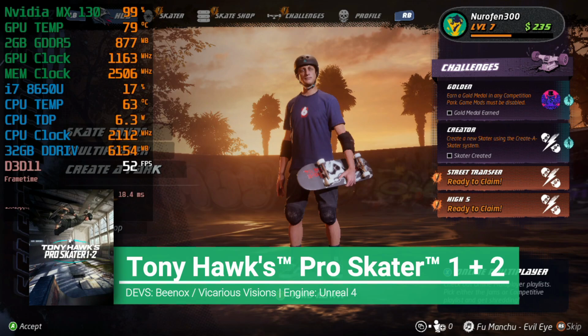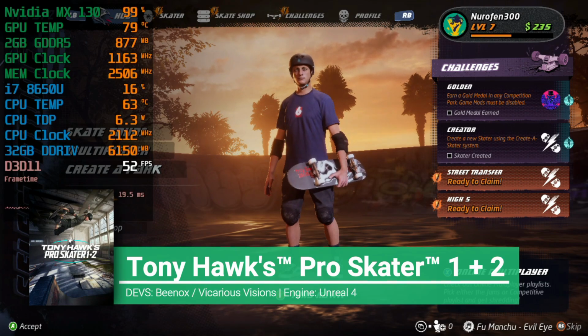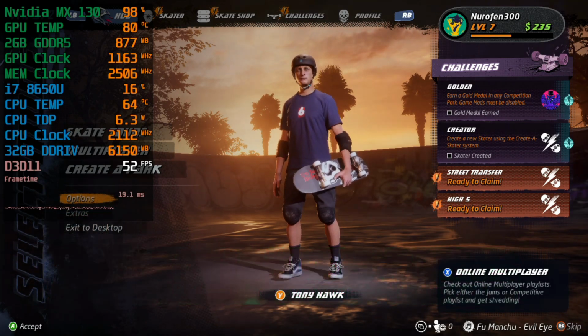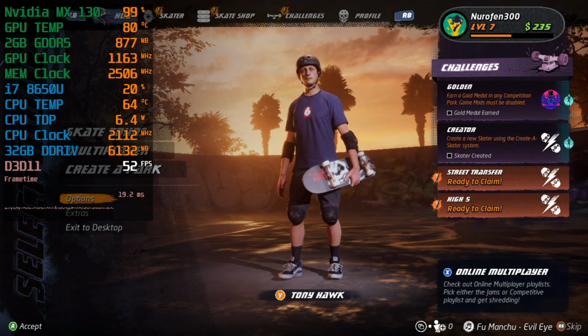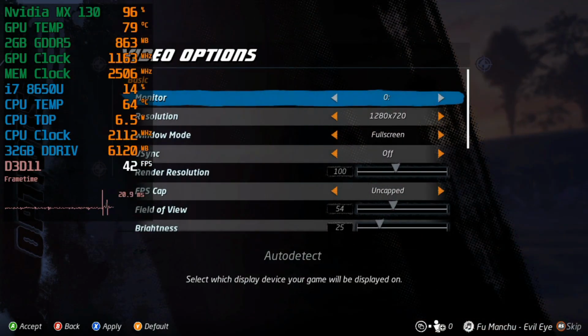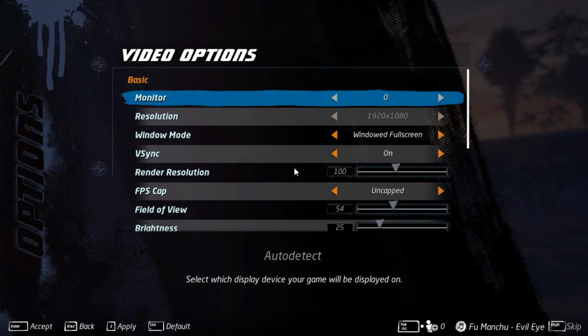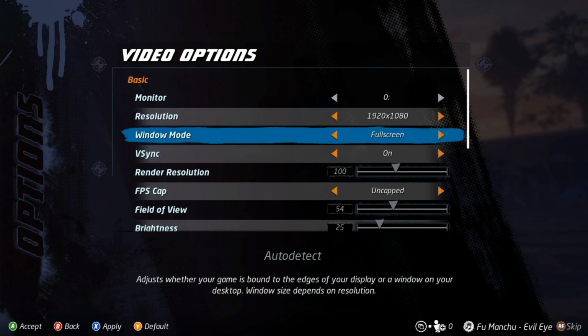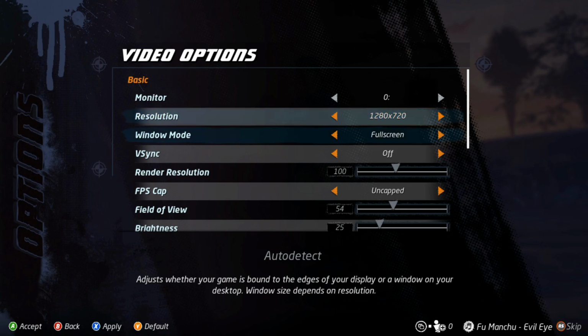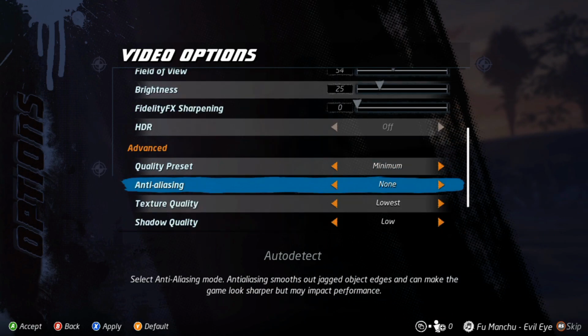So for today what I do have in here is Tony Hawk's Pro Skater 1+2, a game developed by Beenox and Vicarious Visions. Beenox is well known at Activision, and the latest title that Vicarious Visions ported was the Crash Bandicoot Trilogy, so it includes all the titles. So we have again something similar, but this time Tony Hawk's Pro Skater, and these are the graphical settings that